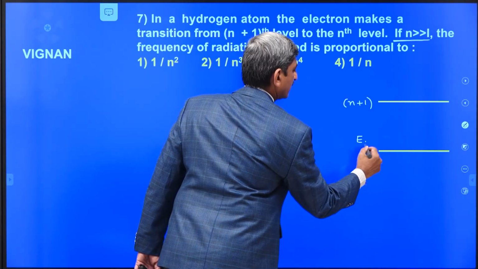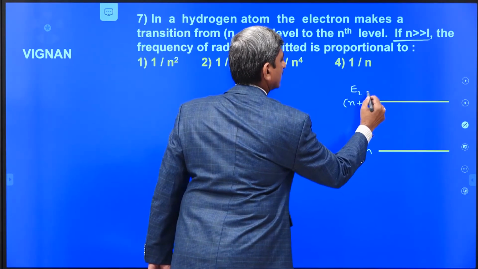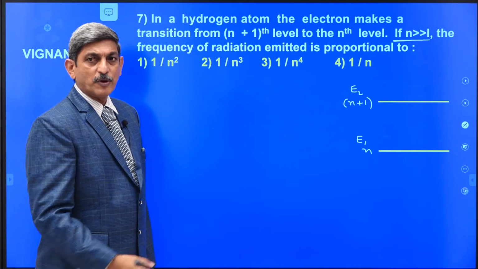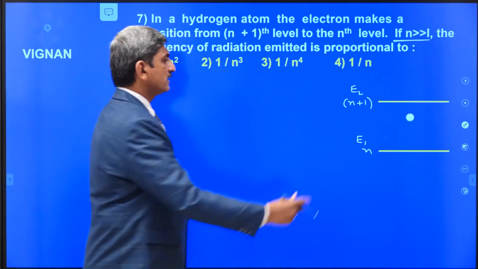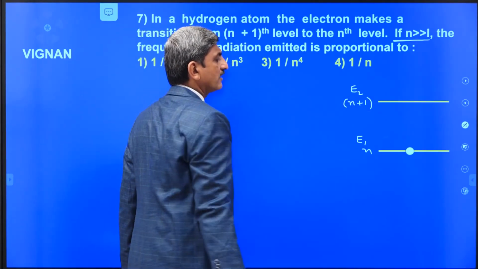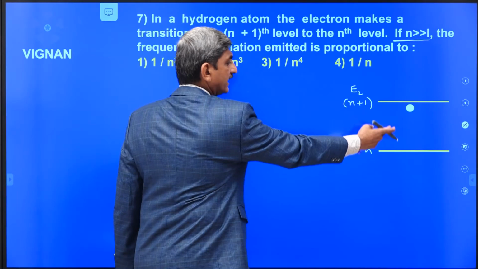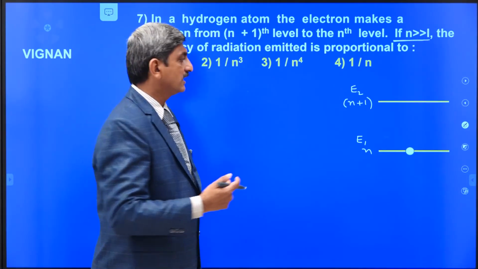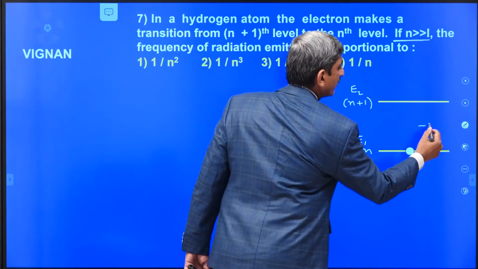Let E1 and E2 be the energies of the two levels. Suppose an electron is making a transition from the n plus 1th level to the nth level, then you know that the electron loses some energy. The loss of energy is liberated in the form of